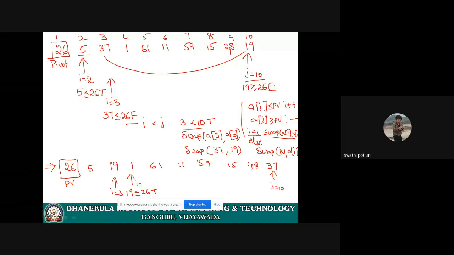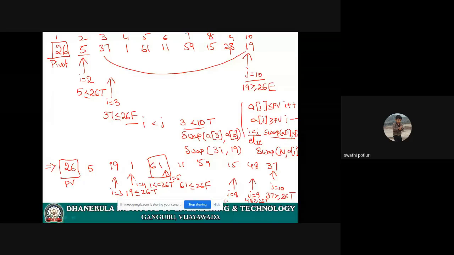I becomes 4. Then check the value 1 less than or equal to 26. Condition true. Then I is incremented to 5. Here I want to check the value 61 less than or equal to 26. Condition becomes false. I stops at this point. Then I want to verify the J value. 37 greater than or equal to 26. Condition true. Then decrement the value of J. J becomes 9. Then I compare 48 with 26. Condition true. Again I decrement the value of J. J becomes 8. 15 greater than or equal to 26. Condition becomes